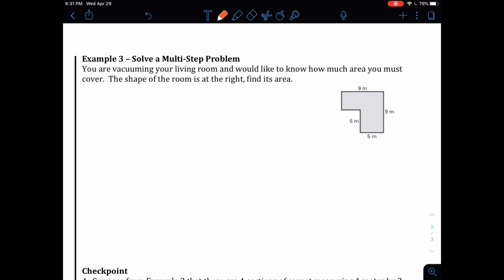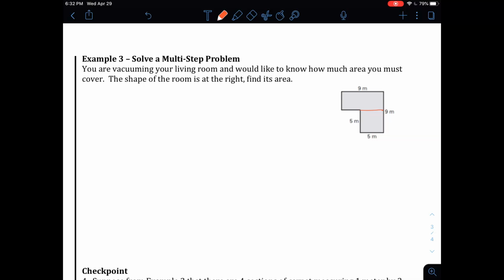So we are vacuuming this kind of weird shape here. And if you remember back earlier in the lesson, we were talking about breaking it down into parts that we thought would be easier to work with. So what I might do is draw a line here to make this into two shapes that we know. We don't really have an area formula for a shape like this. But what we can do, I'm going to draw a line here and see if you can see what shapes we have now. What two shapes do we have now that I drew that line there? We have a